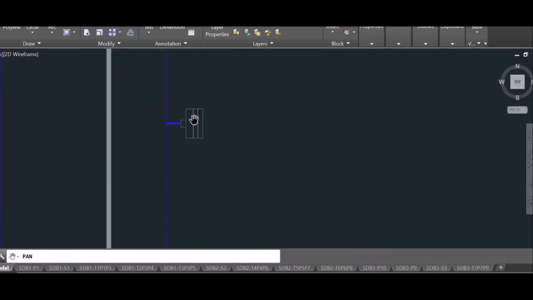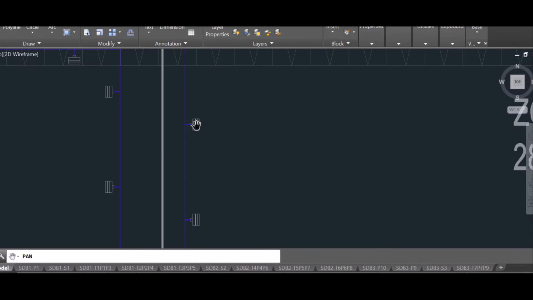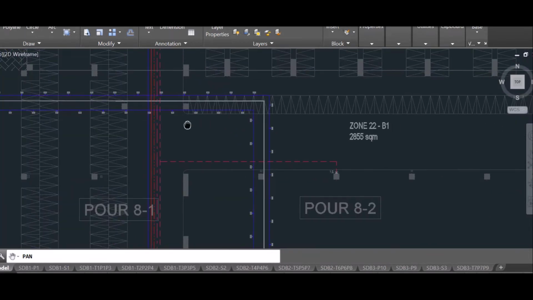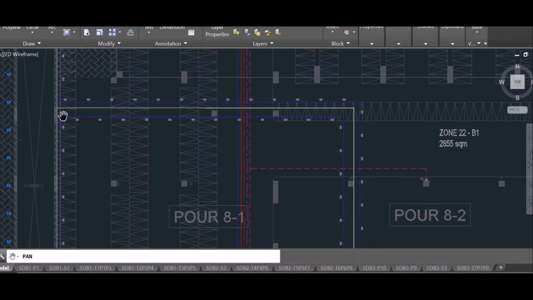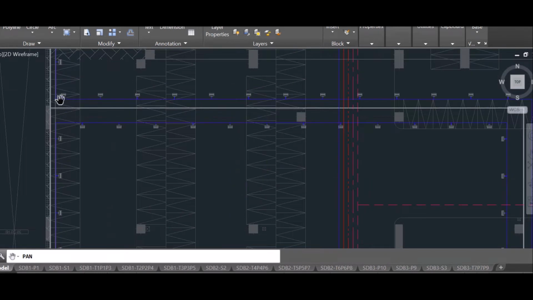Here, on both sides of the zone periphery, a single water curtain piping along with nozzles is shown,